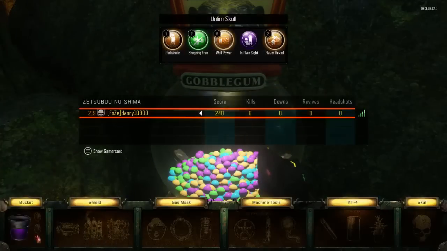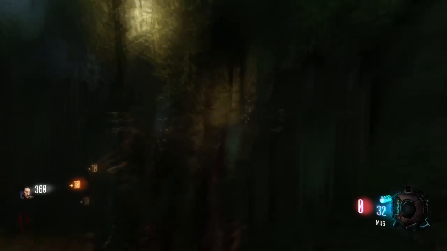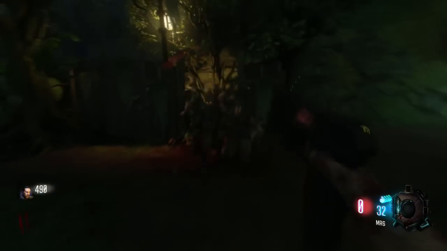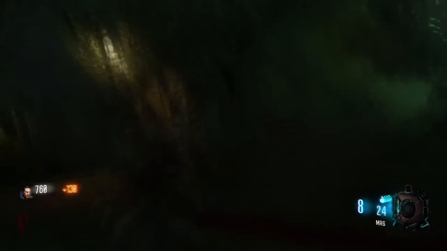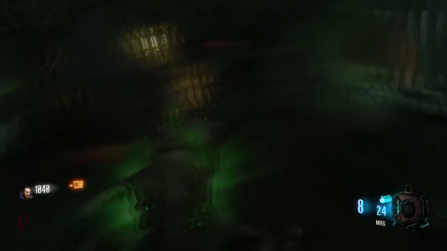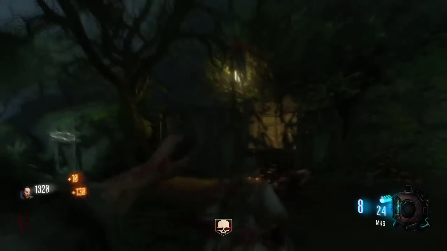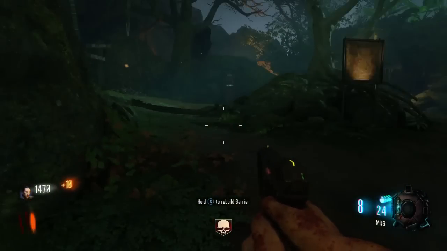And all you need to do obviously to start off with is get the entire map open and get the skull. If you don't know how to do that, there's many tutorials on the internet, so just make sure to go check them out. What I highly recommend for this, guys, is that you use a Perkaholic as well as Shopping Free, because at the end of this you can always just reset anyway, which is what I do every time, because personally the level we're going to be getting to is non-legit anyway,